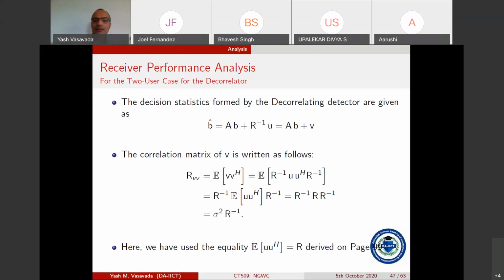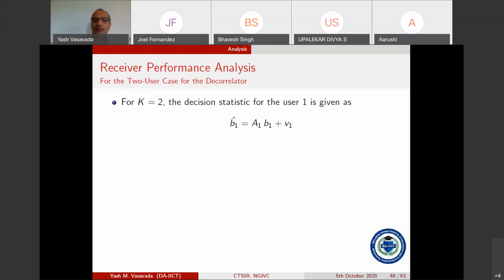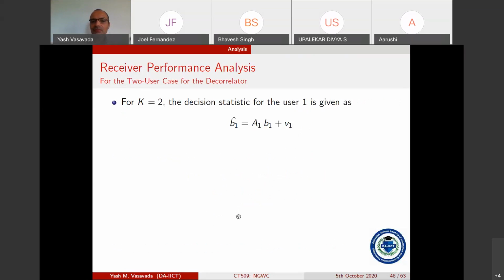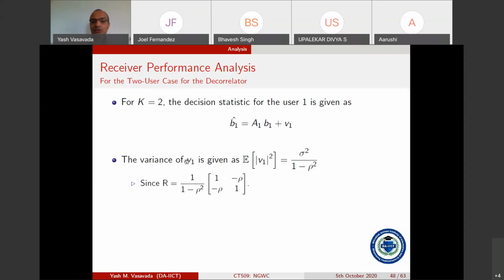Now, let us see the decision statistic for user 1. Remember, this is the only equation here. A is a diagonal matrix and there is a noise term V. And V has this correlation structure. So there is no A2, B2 term at all here. It's just A1, B1 plus V1. It's almost like the single user matched filter in the ideal case of only one user present, except now the variance of V is going to be given by